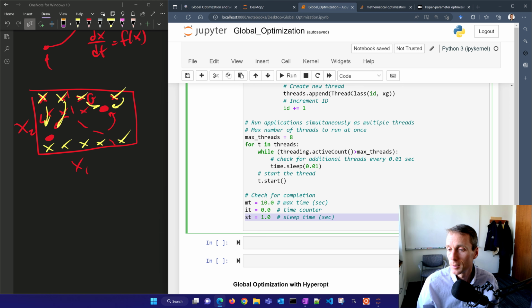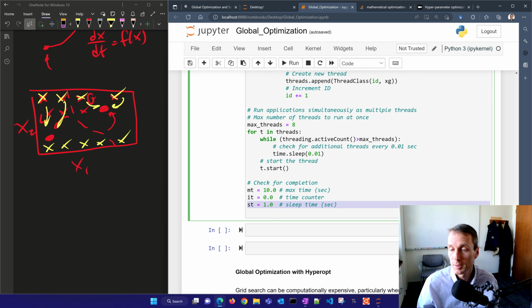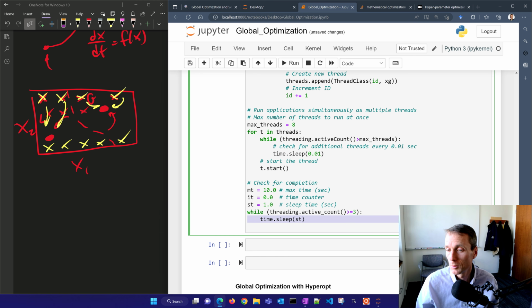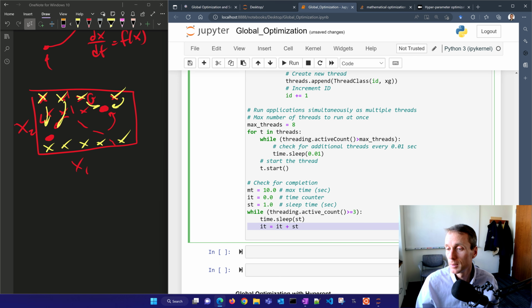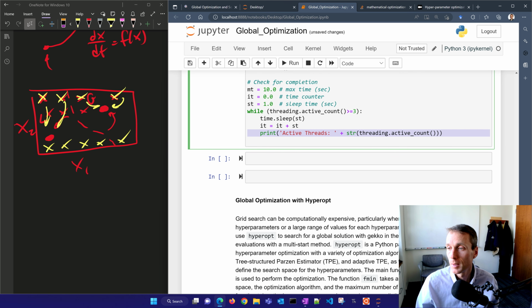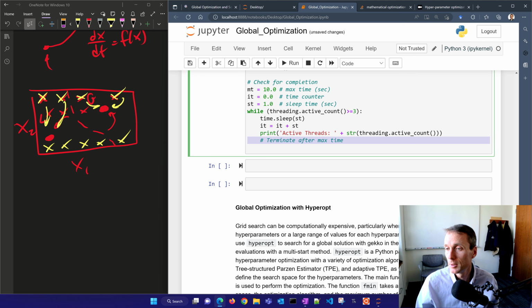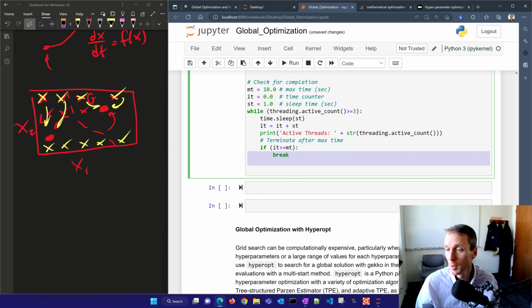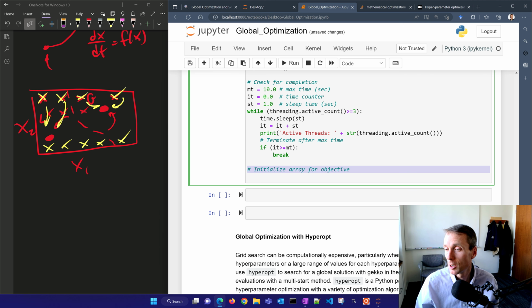All right, there's our sleep timer. We're going to go for a maximum of 10 seconds and just get the best solution after 10 seconds. Now I'll also have a sleep time. It'll only check every second. Okay, so we're going to go with active count greater than or equal to 3. We'll sleep, we'll increment that timing, okay, and then look at the active count of threads that we have, and then we'll terminate after a certain maximum time. Okay, so if this is greater than 10, then we're going to break, and we'll initialize our array next to